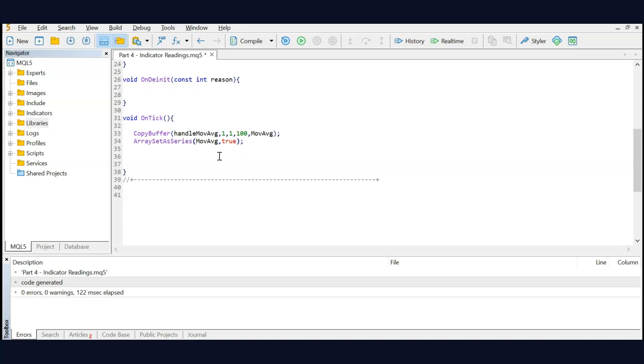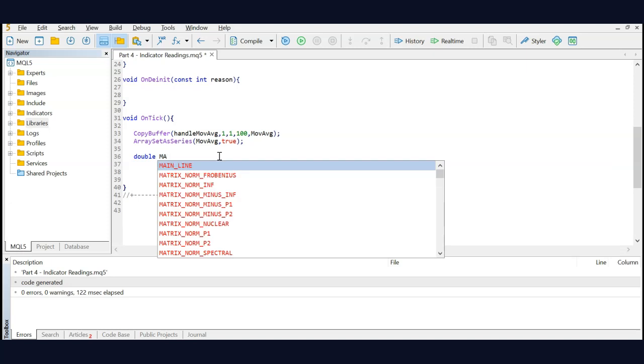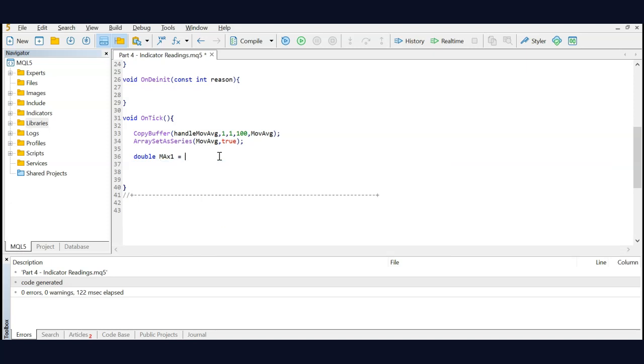So the last candle should be in place 0, the second last candle should be in place 1, and it always starts from 0. So now that we have set it to this, we can create our first variable, which is double MAX1, which is the MA or the moving average value at the last candle. And this is just my convention. I use it this way. So I go MA, which is moving average, and then X1 helps me remember that this variable is about the last candle. And that will be equal to